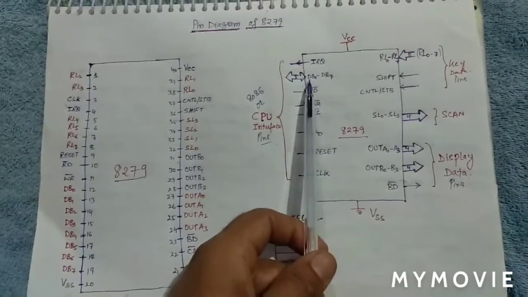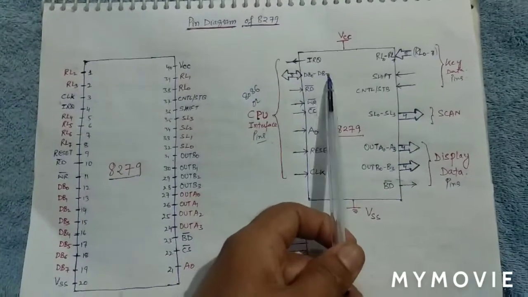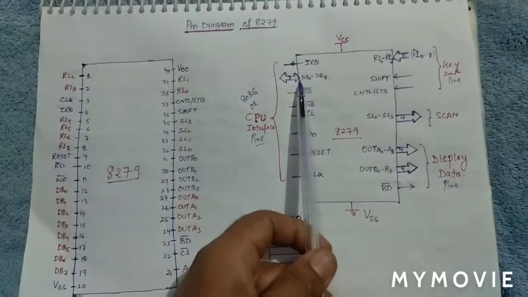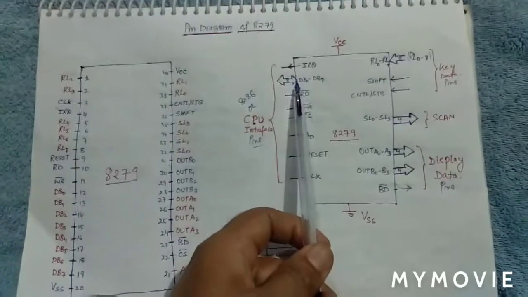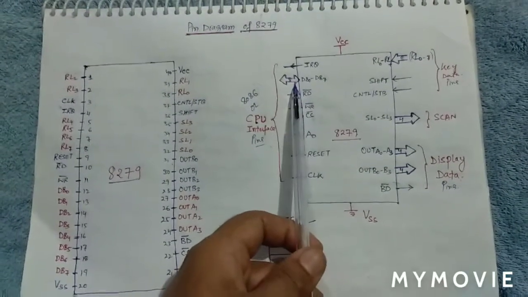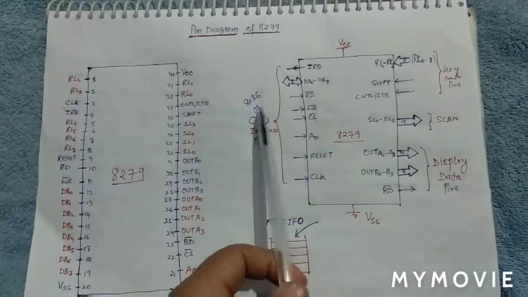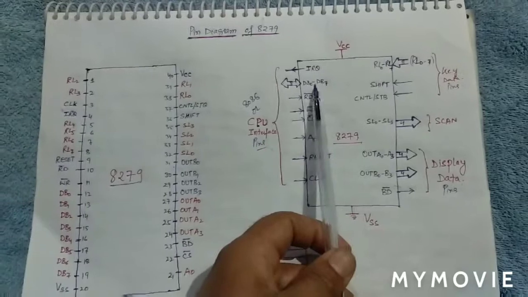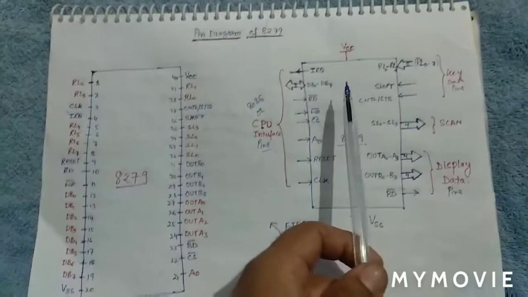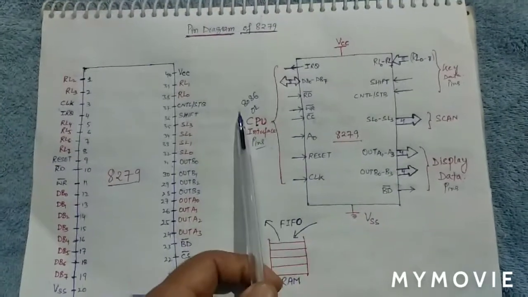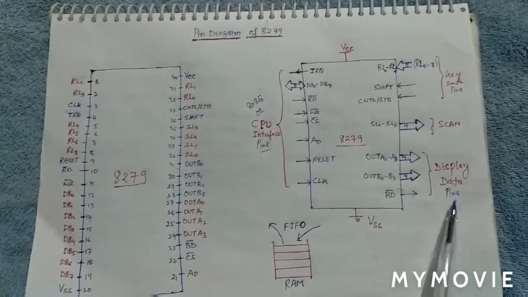The second is the data bus. It is a bidirectional data bus, DB0 to DB7. These 8 pins, the 8-bit data bus, are used to carry data to and from the 8086 processor. This is the data bus which shifts the data from the keyboard, or 8279, to the processor, and from the 8086 processor to the display device.